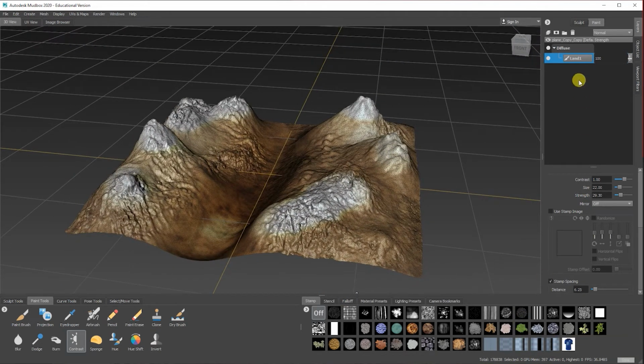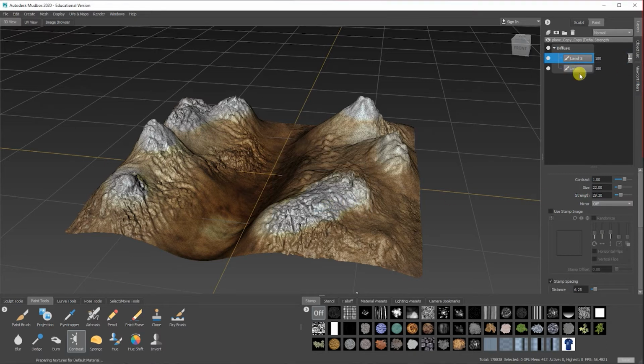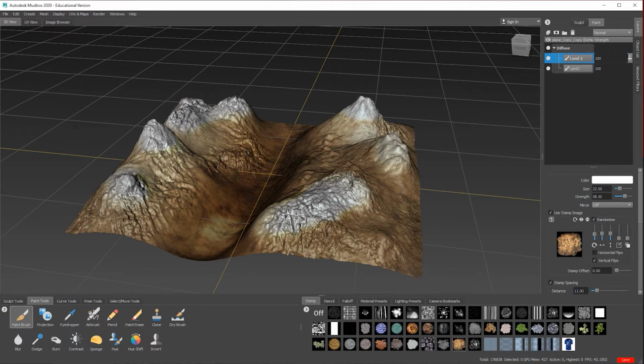Again, if you wanted to, you could come up here, add another layer, maybe call it, I don't even know what I've called this one, land 2, and then press OK, and then you can start working into this as well. So let me just go on to here, make sure I'm on the right one. So towards the end or the bottom of the mountains, it could start going green. You can tell I do a lot of landscapes, can't you?